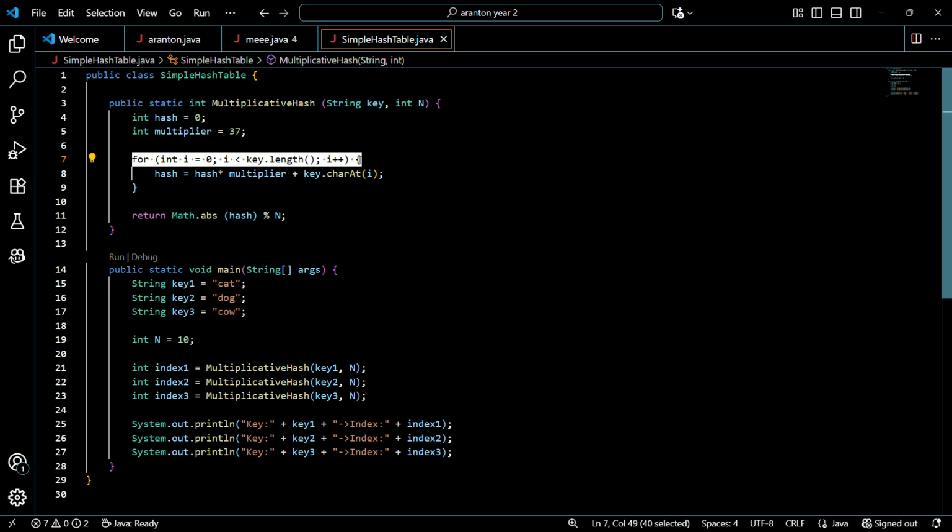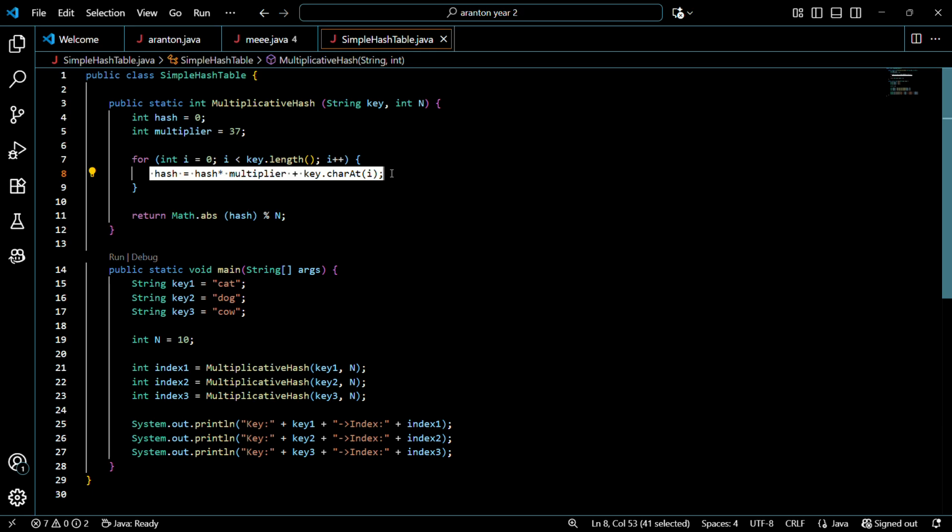For (int i = 0; i < k.length(); i++). This is a for loop that goes through every character in the k string. Hash = hash * multiplier + k.charAt(i).